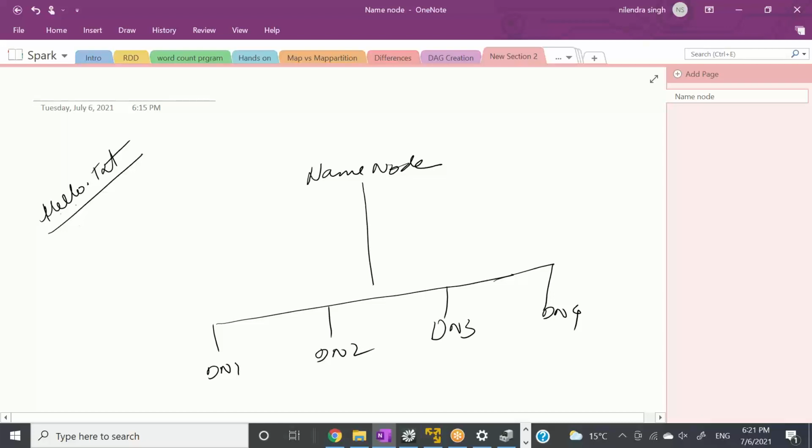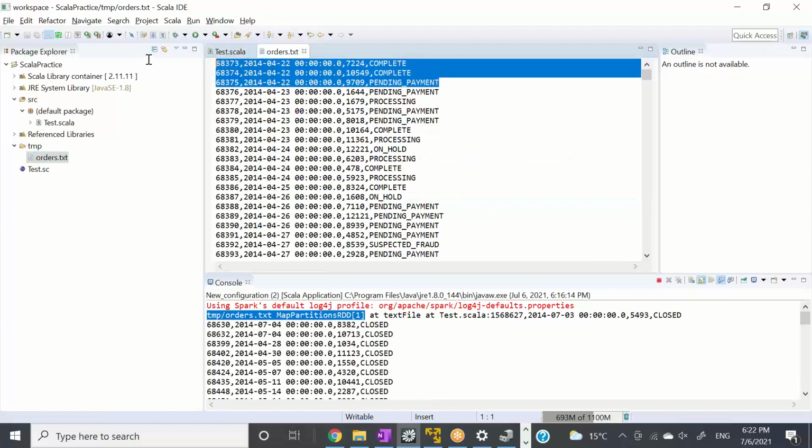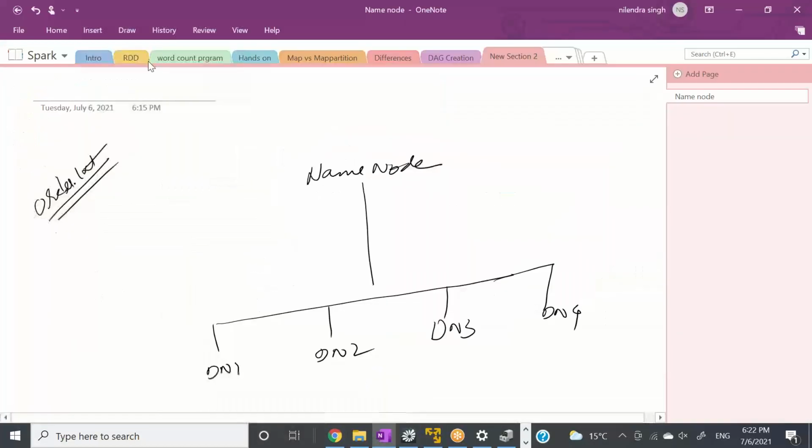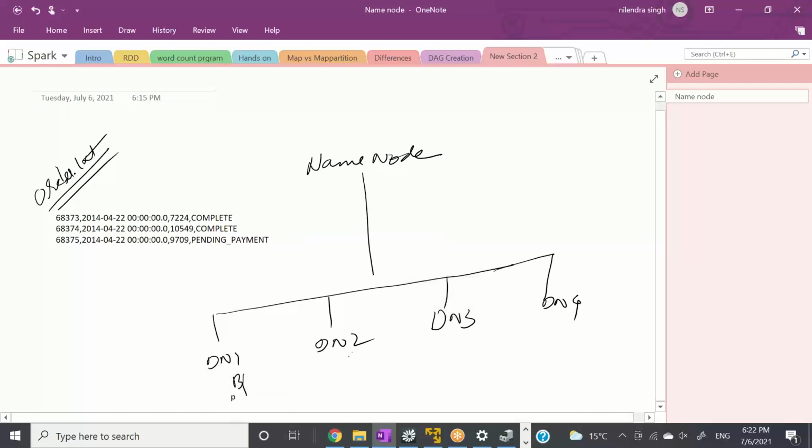Or let's say you need to process one file called order.txt, because that's the example I will be giving. Your file will look something like this. Let's say I copy this file first. When we put this file onto HDFS, we know that this file will be distributed across different data nodes. So let's say block 1 will go here, block 2 will go here, block 3 will go here, and there's some replication as well, right?